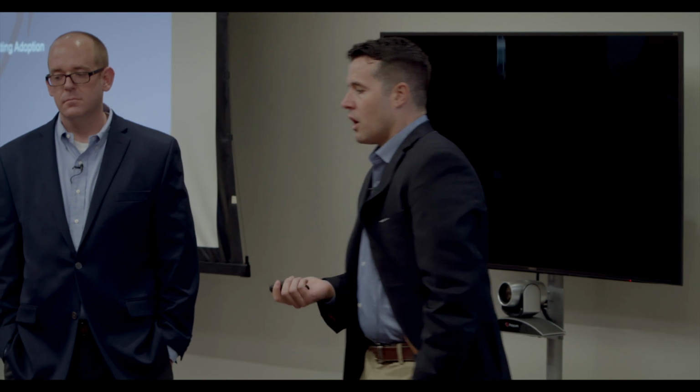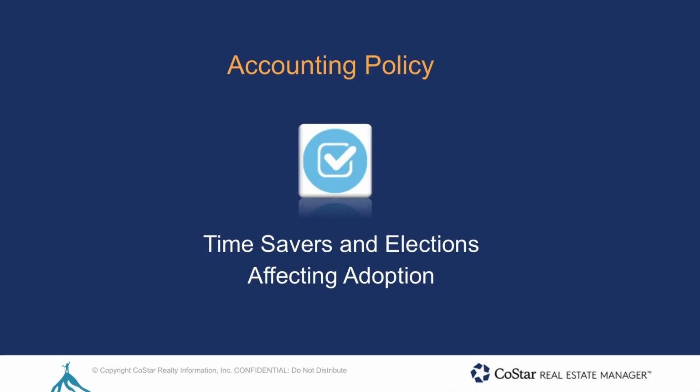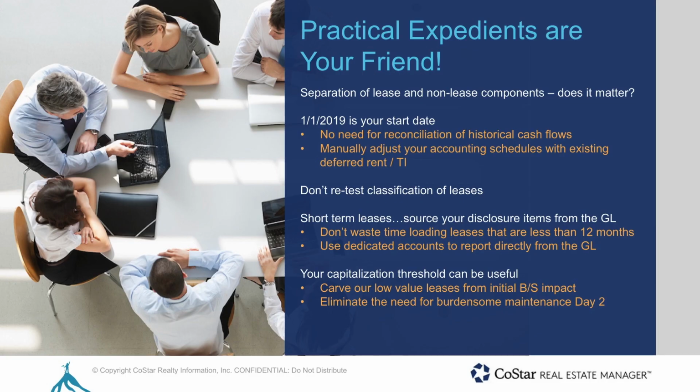lease portfolios going forward. The first thing I'm going to let Matt start off with is some of the accounting policy related decisions that we're seeing. We'd like to get some of your takes on those as well. And one, things that will help speed up some of the implementation that FASB and IFRS have offered. And again, just what some of those companies in the market are dealing with. So Matt? Thanks, Mark. So the first slide here, absolutely, practical expedients are your friend.